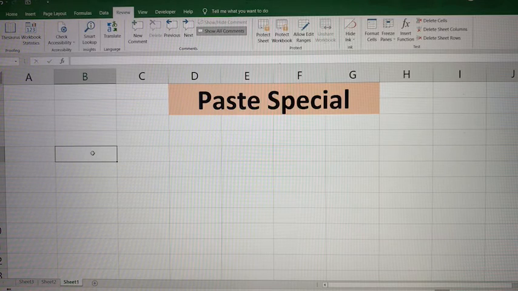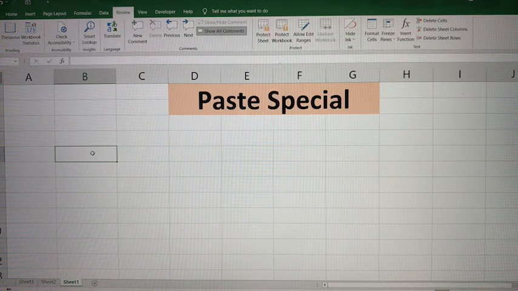Get started. So like you can see on screen also, today's session is about paste special. That means how you can paste not just whatever you copy but certain parts of what you copy. Before we go on to paste special, the question that arises is what all things you can copy and paste. The default thing that we know is value.